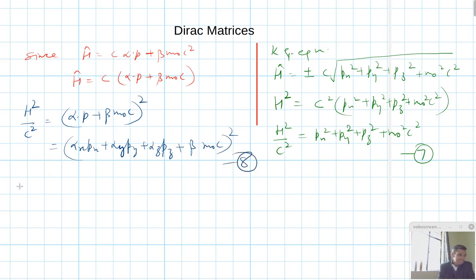And from here I can calculate H square upon c square and simplify it. So it is alpha x square px square plus alpha y square py square plus alpha z square pz square plus beta square m naught square c square